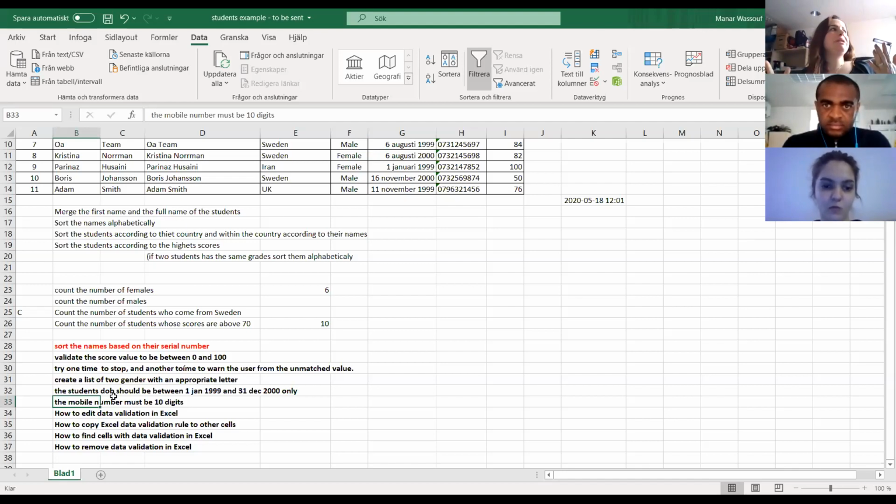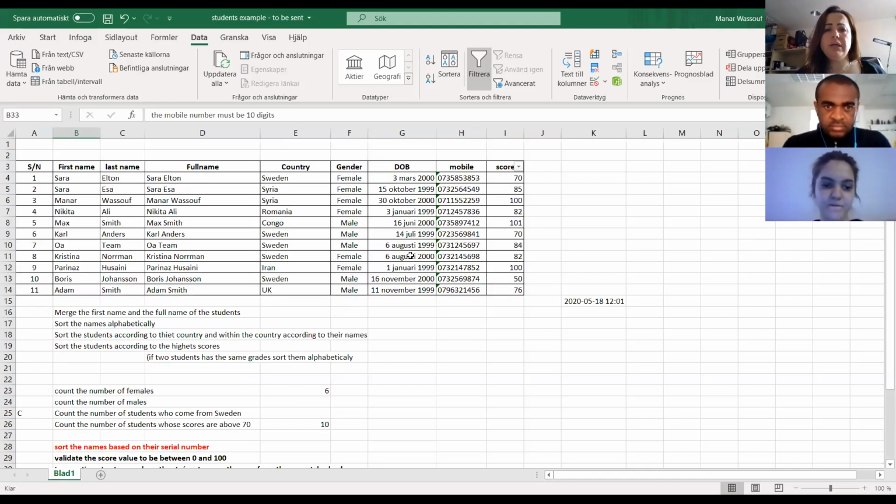Because these students are usually, let's say, in the 9th grade, so their date of birth should be within a year after or a year before. So I will take this data, I will cut it and put it here, so maybe I will use it later.